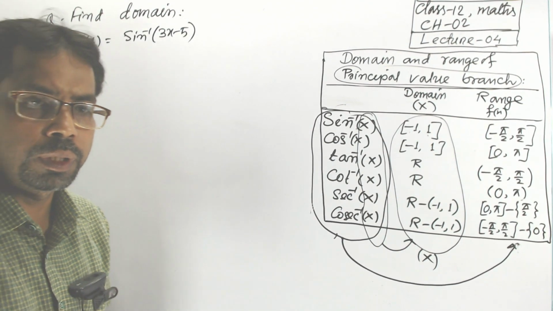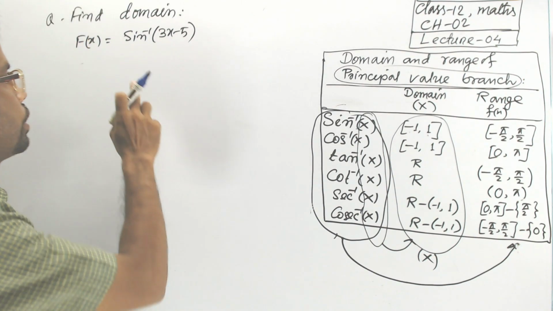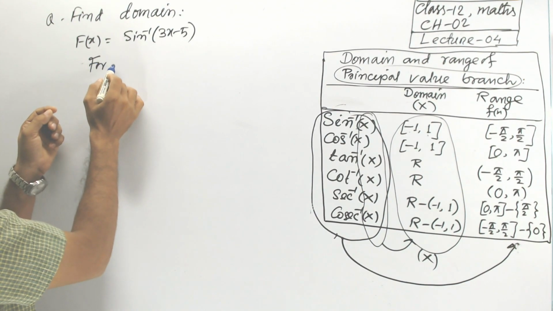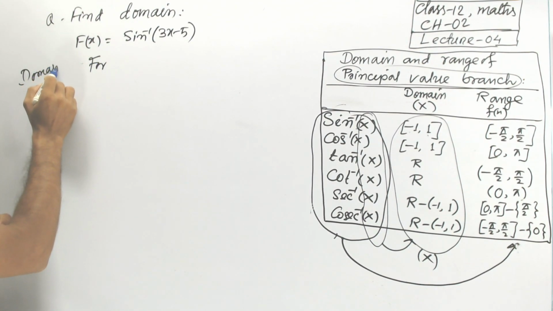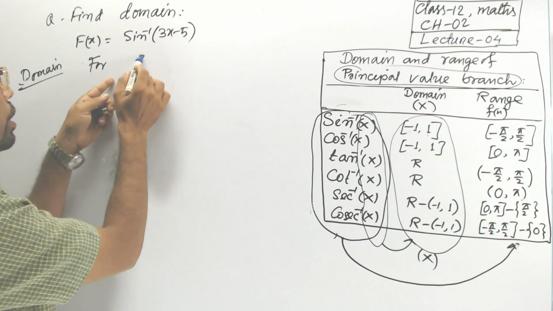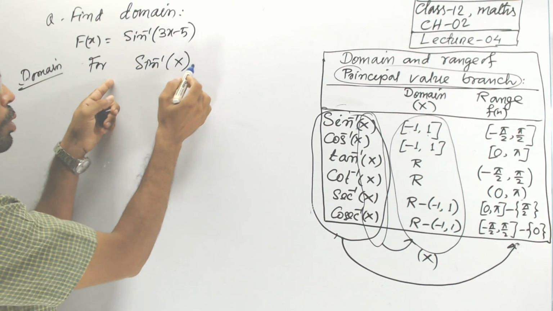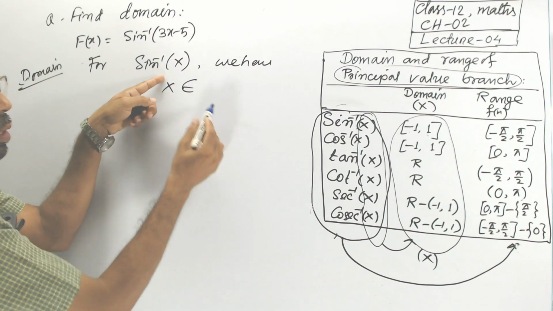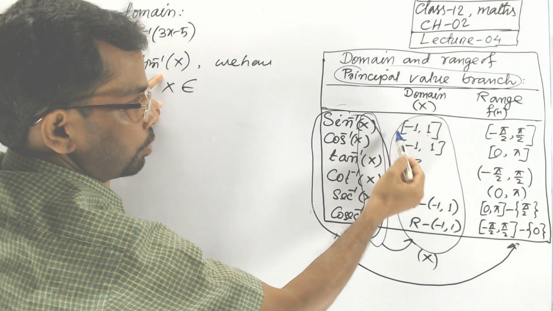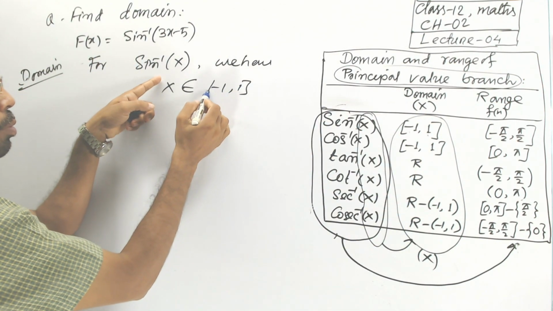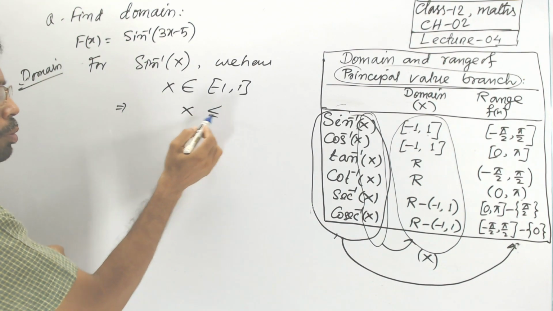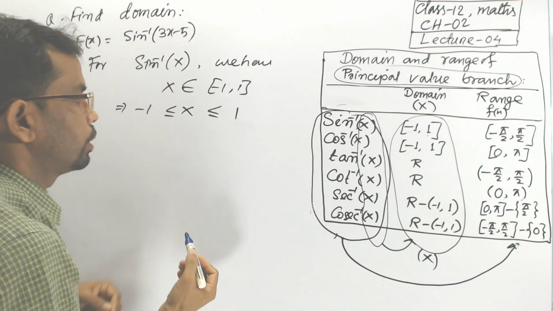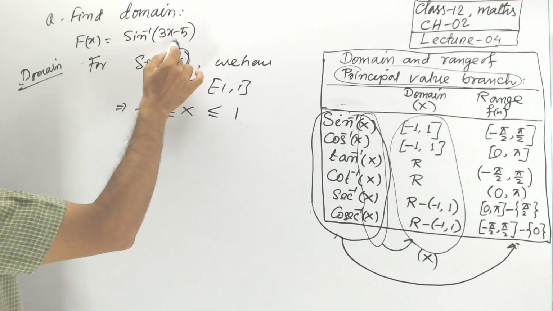The next question is sine inverse of 3x minus 5. Now for sine inverse, very simple, we are finding the domain, remember, not the range, in this question. For sine inverse of any function, the domain is minus 1 to plus 1, closed interval. That means x lies between minus 1 and plus 1, with the equal sign, closed interval, remember. And in place of x, what do we have? x is the given function,